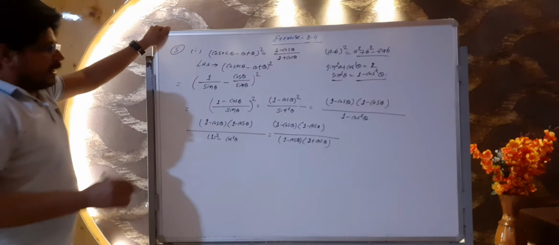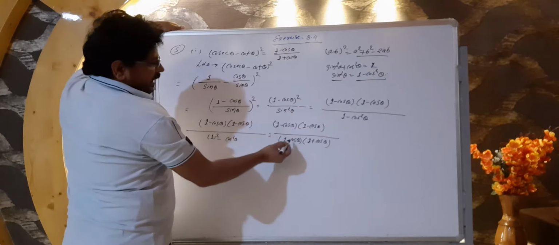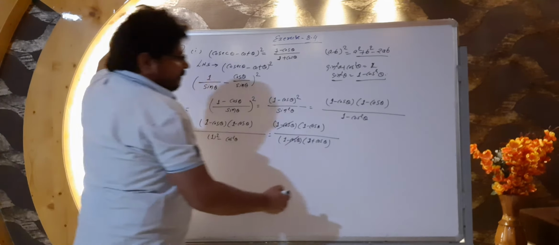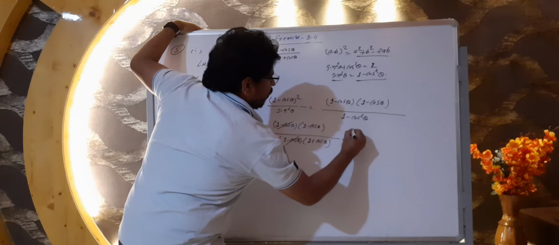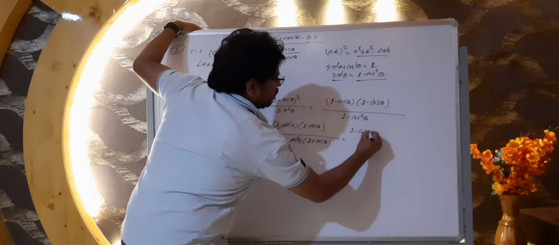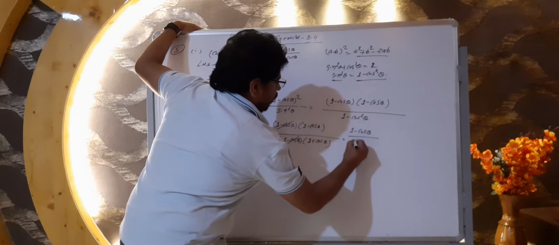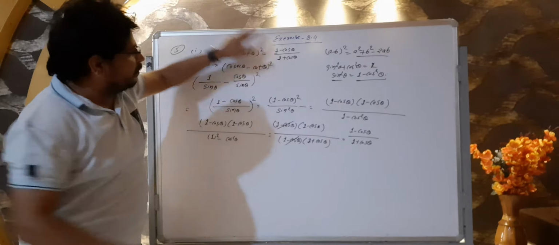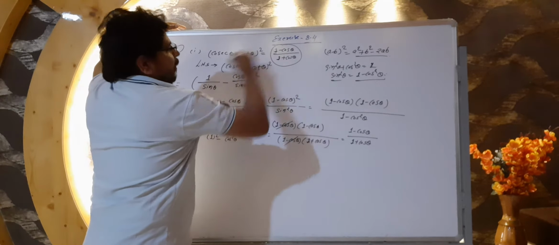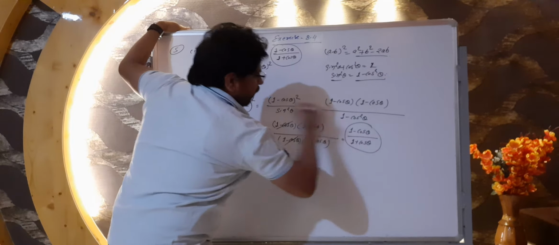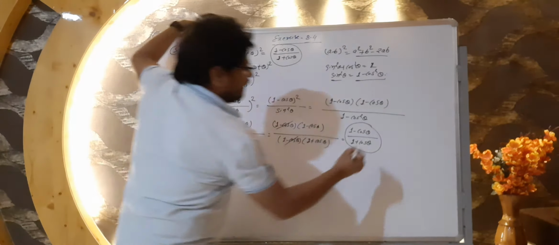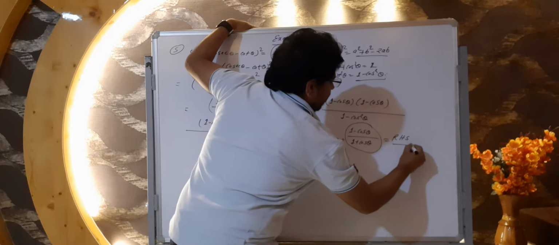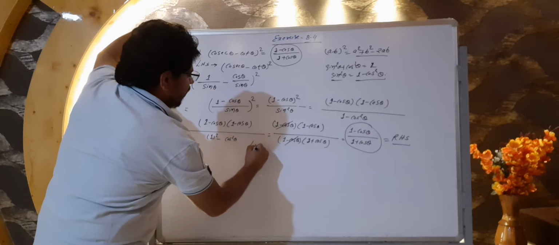Okay guys. Now look. Here 1 minus cos theta and here 1 minus cos theta. Both cancel. Now what remains? Here 1 minus cos theta upon 1 plus cos theta. देखिए यही चाहिए था ना अपने को. Yes, this we wanted, and this we got here. We got, yes, it is equal to RHS, right? हो गया हमारा LHS.